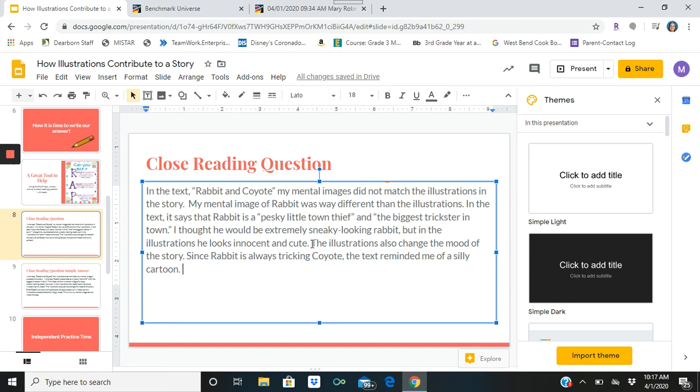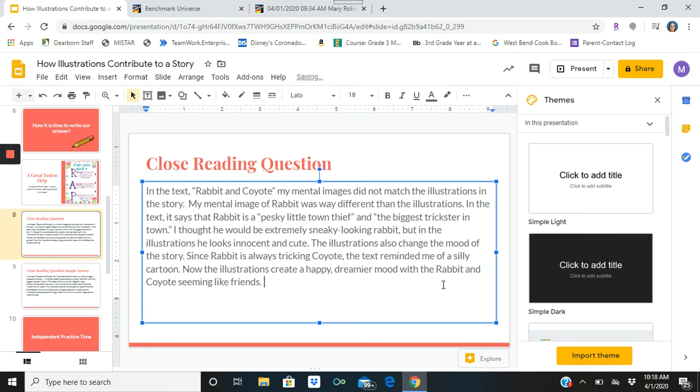Okay. So I'm going to say, now the illustrations create a happy, dreamier mood. Okay. So did I answer the question? Yeah. Did I provide evidence by saying Rabbit is tricking Coyote? Is that within our text? Yeah. Now, the illustrations create a happy, dreamier mood with the rabbit and Coyote seeming